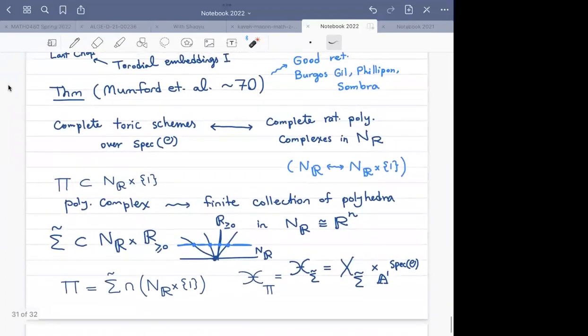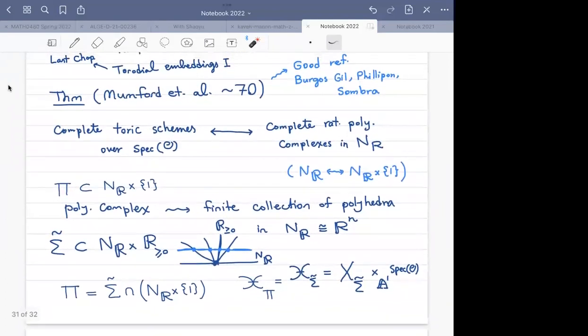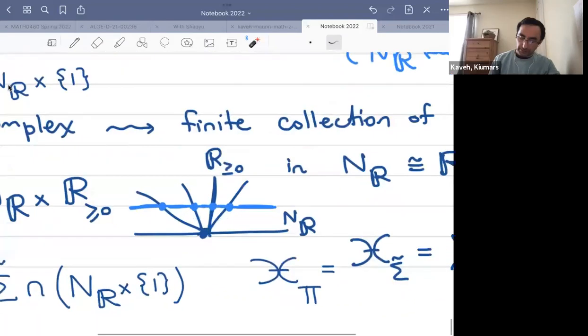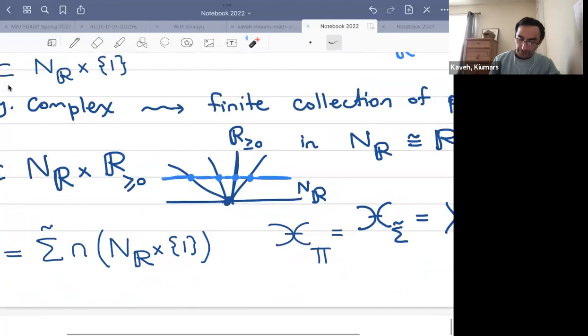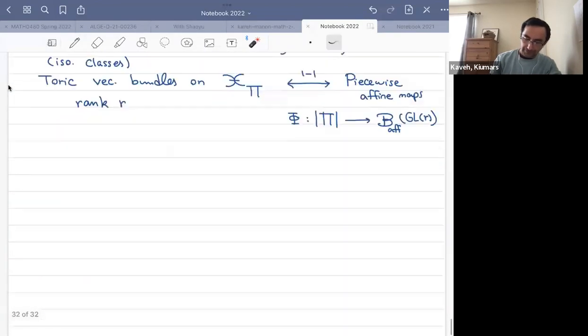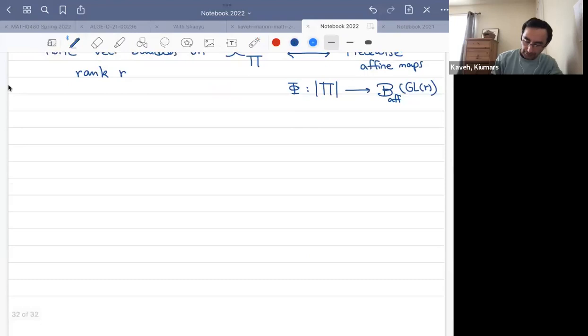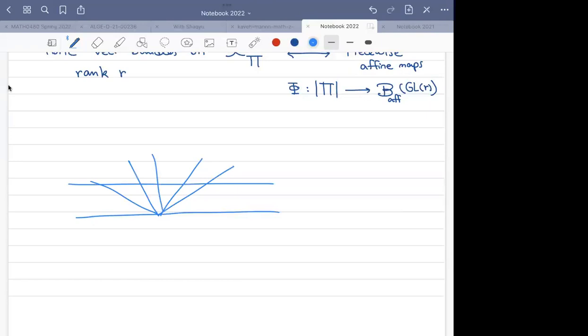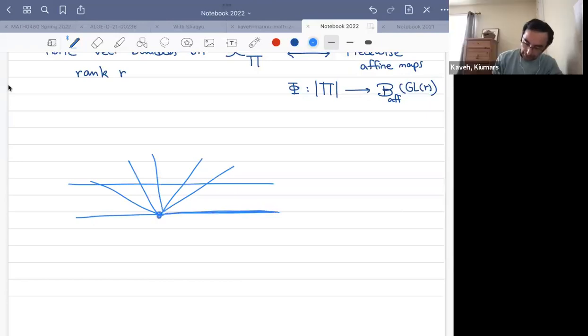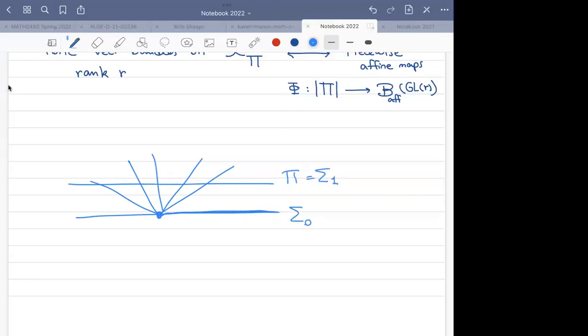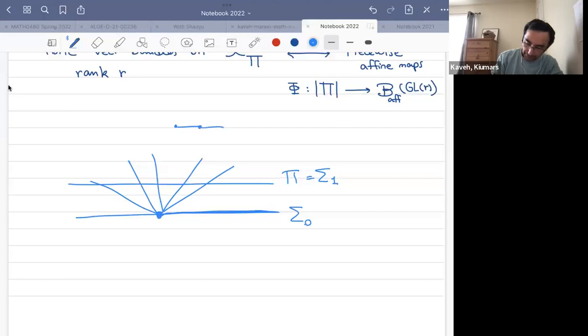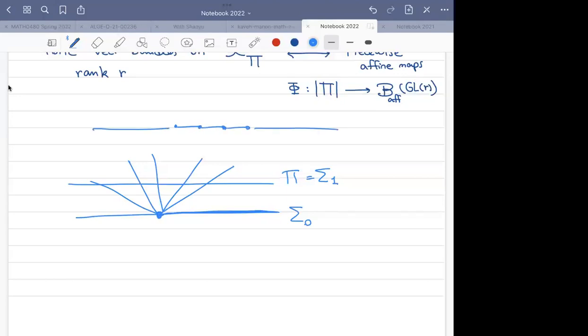Very briefly, what degenerates into what in this picture? Which toric variety degenerates into the union? The toric variety is given by a fan here. This polyhedral complex is the fan at level 1, and then you have the fan at level 0, which is basically the asymptotic.